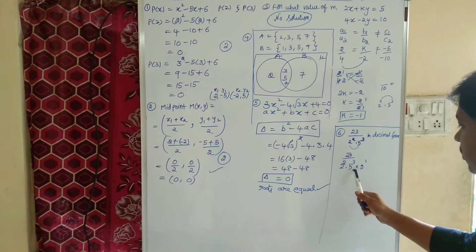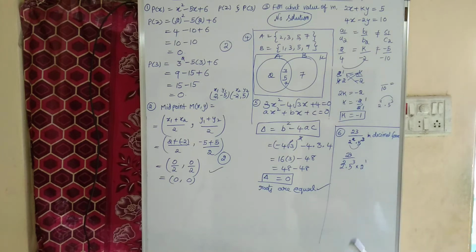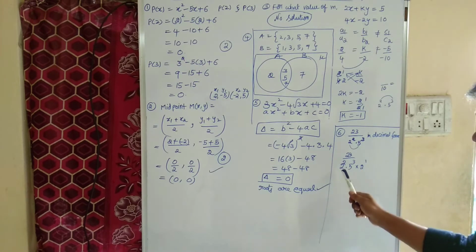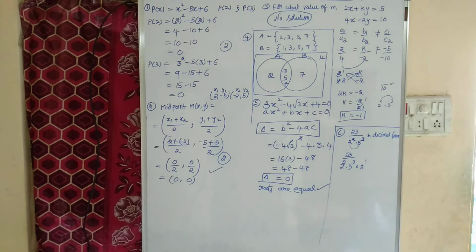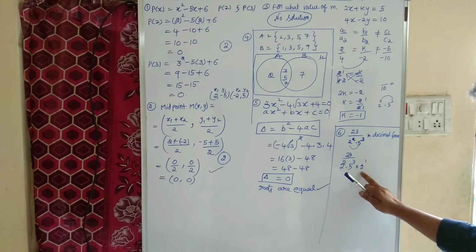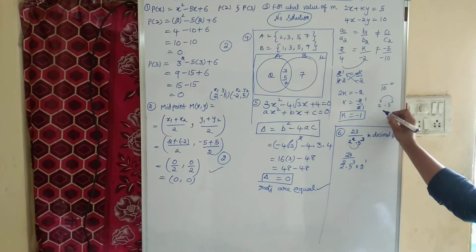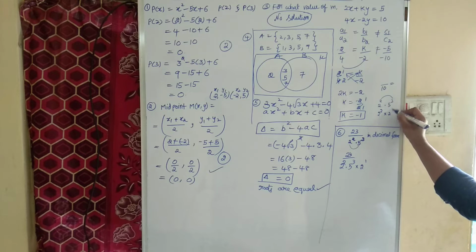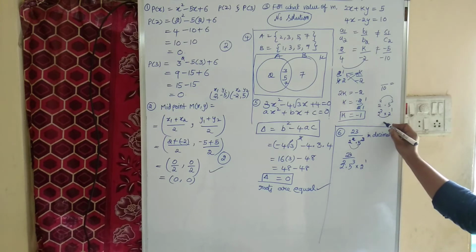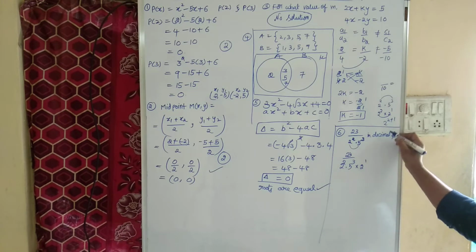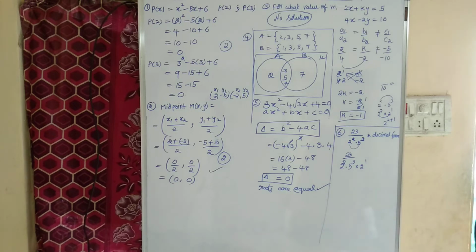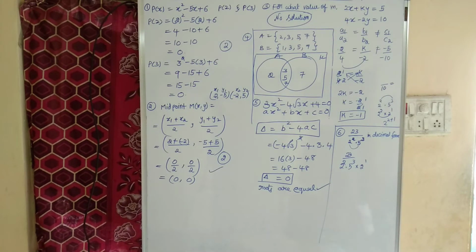Why am I multiplying here? Because 5 raised to the power 3, in power we have 3, whereas here 2 raised to the power 2 is there. If bases are equal, powers should be added. In 2 power 2 into 2 power 1, the bases are equal, so the powers are added: 2 power 2 plus 1 becomes 2 power 3. Bases are equal, power should be added, right?